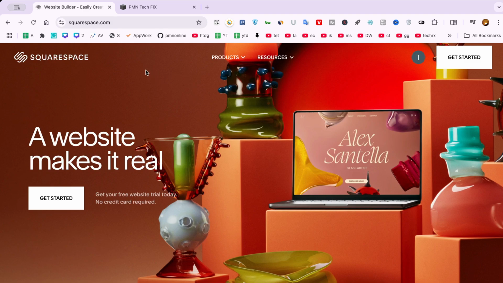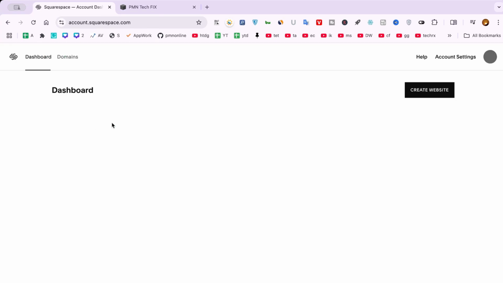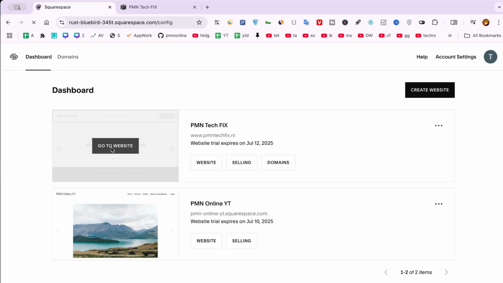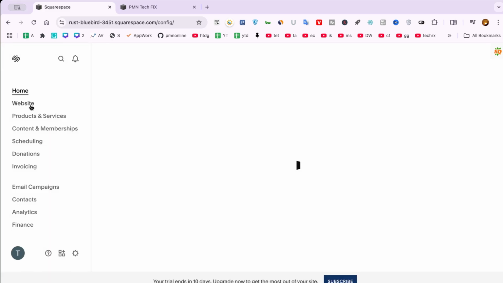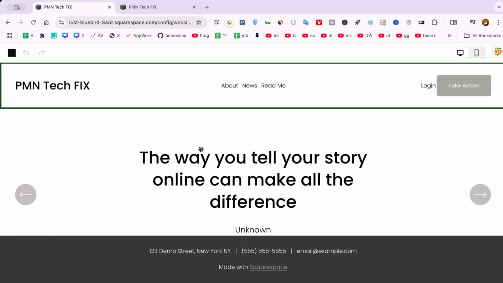First, open your browser and head to the Squarespace website. Log in there, click on Profile Picture and go to the dashboard. Once you're inside your dashboard, select the site you want to update. From there, navigate to your homepage or the page where the image appears. Click the Edit button to enter edit mode, which allows you to change content, layouts, and of course, images on